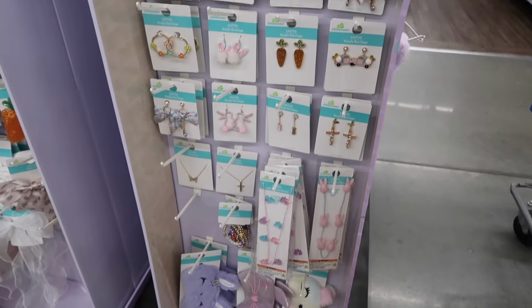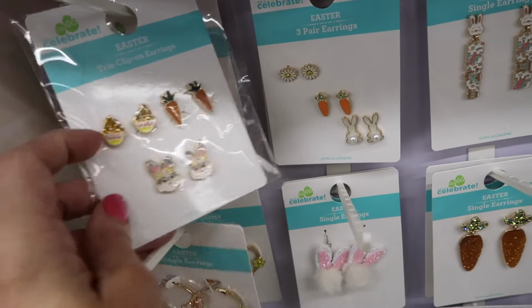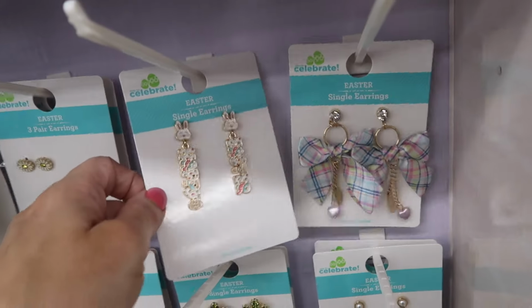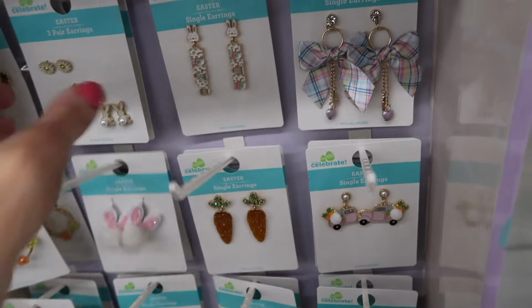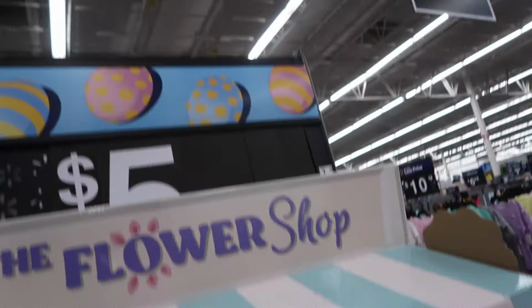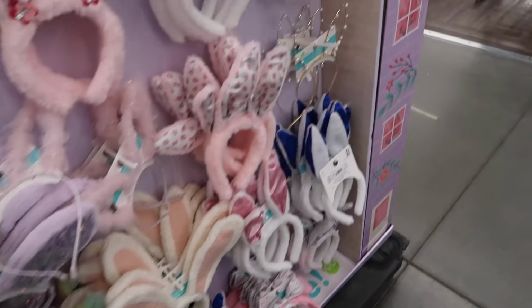They also have the Way to Celebrate earrings for Easter. So they have this little duck, carrot, bunny set. There's a flower, carrot, and then the bunny tails, dangly bunny, the bow. These are usually $5. And a little pink, they have that one. Yeah, it says $5,